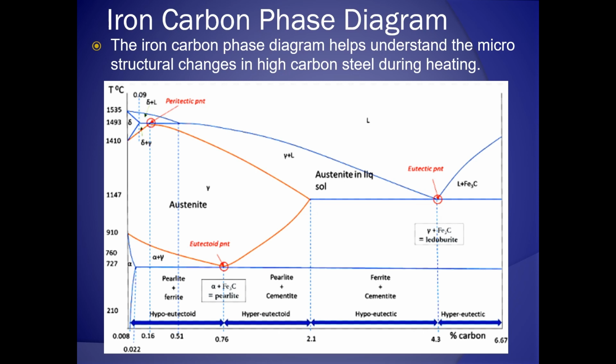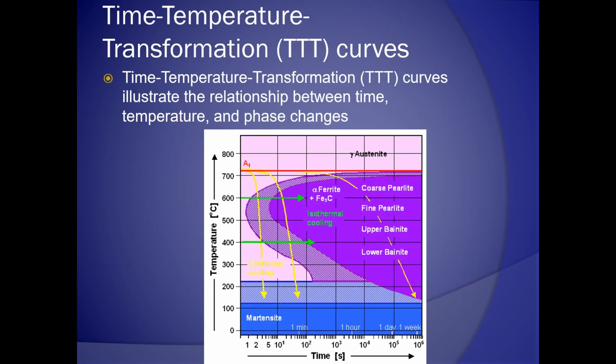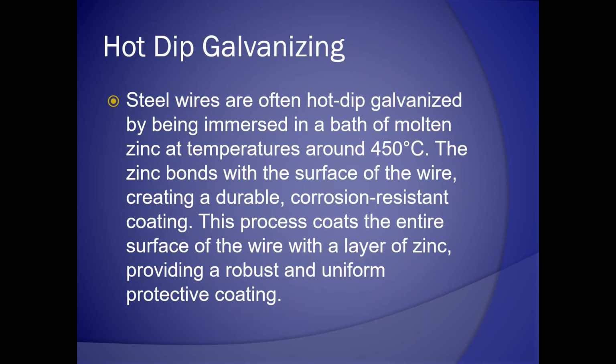Time temperature transformation, TTT, curves. TTT curves depict the relationship between time, temperature, and phase changes in steel during cooling. Understanding these curves is essential for controlling the microstructure of the steel. Key components of the TTT curves include the nose, C curve, and S curve, each representing specific phase transformations during cooling. Galvanizing. Galvanizing is a protective process where a zinc coating is applied to iron or steel to prevent rust